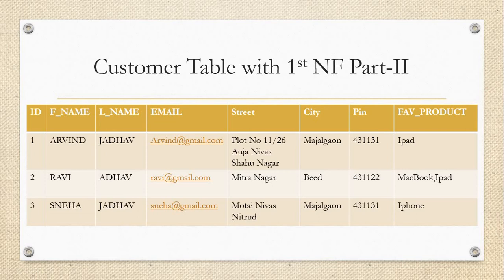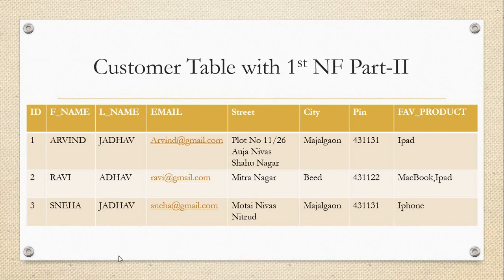See, now we are looking at it: whenever you're trying to create the DB, in that class there are lots of students from the final year. So we can say that 4 to 5 students are from the final year. They did the theory of DBMS, but they did not get this concept clearly. So for that reason, make a note of that. Whenever we store the data, that data must be unique, as well as atomic. If it is possible, then we can say that the table is in first normal form.